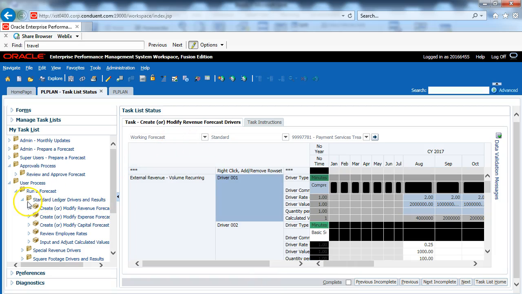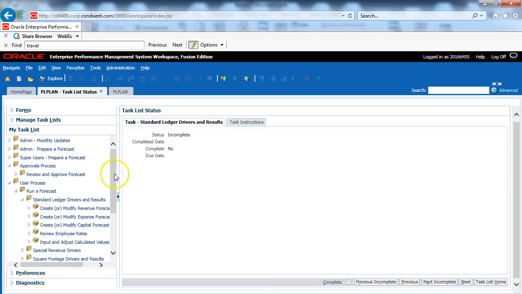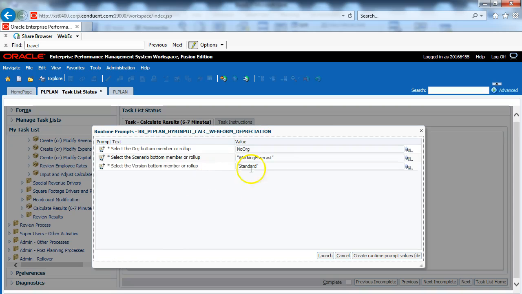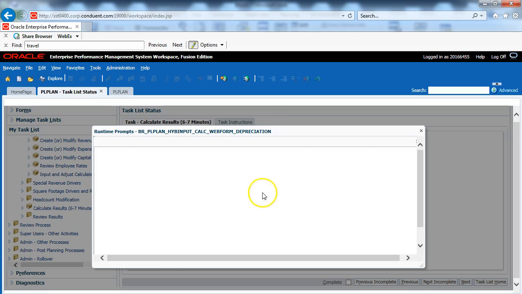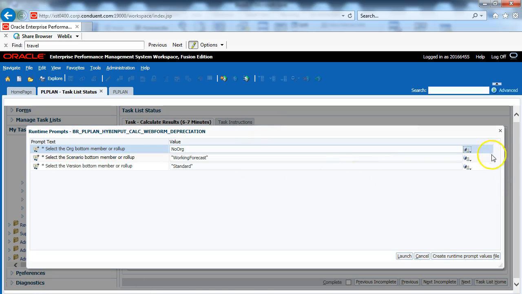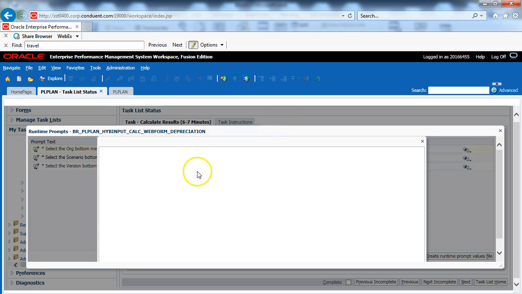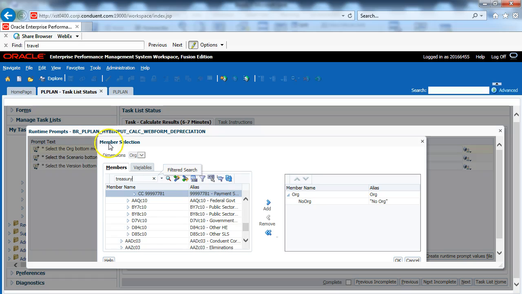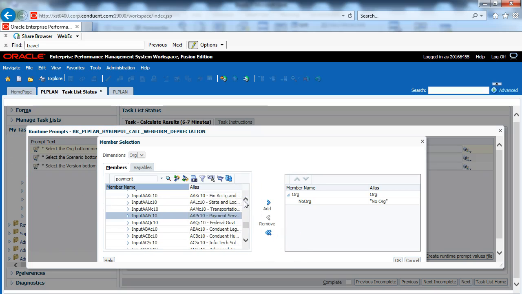If you need to calculate an entire organization, we do have a placeholder on the task list. You click Calculate Results, and it will then ask you to launch a rule. And you need to select your organization level here. So leave the scenario and the version alone. Come over here and select your organization. There is a wildcard here. I was working with the Treasury Cost Center. There it is, 7781. I could select that, or in this case, I want to run a calculation for all of payment services. And because I already looked at the cost center,